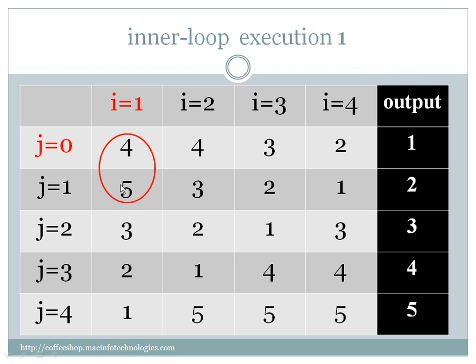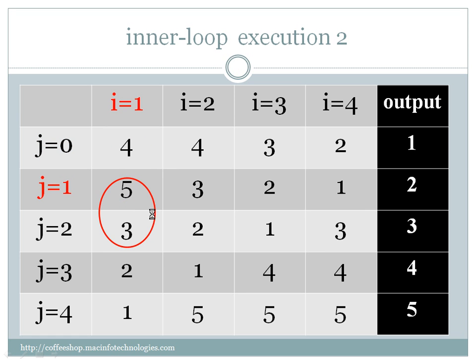Then after the if block is executed, J increments to 1 in the next iteration of the loop. So now A of 1 and A of 2 are compared. Again A of 1 is greater than A of 2 in the if condition, so again they are exchanged. Next the if block completes, and again J increments to 2.